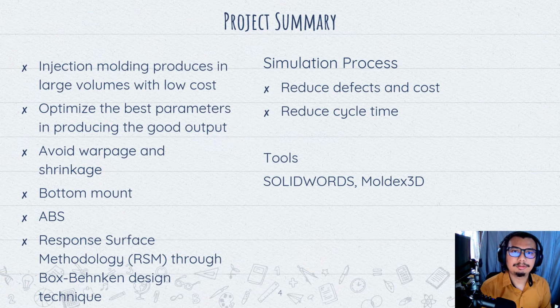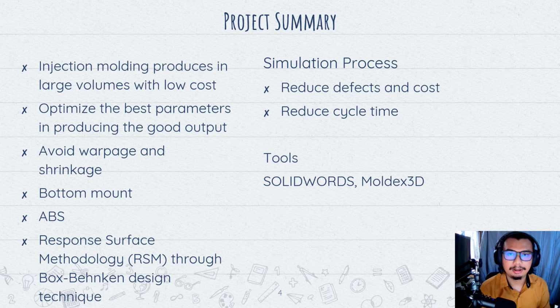Injection molding is one of the biggest industries in manufacturing. This is because injection molding can produce in large volumes at low cost. Warpage and shrinkage can occur, therefore we need to optimize the parameters to produce good quality injection molding. In this project, response surface methodology (RSM) through Box-Behnken design technique is employed to optimize the simulated injection